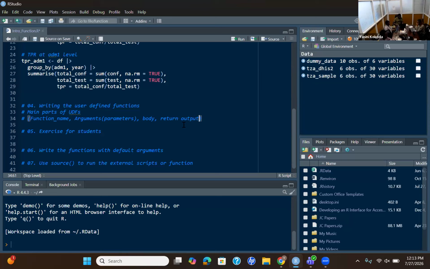The last part is the output, which is returned by the return keyword in the function curly braces.